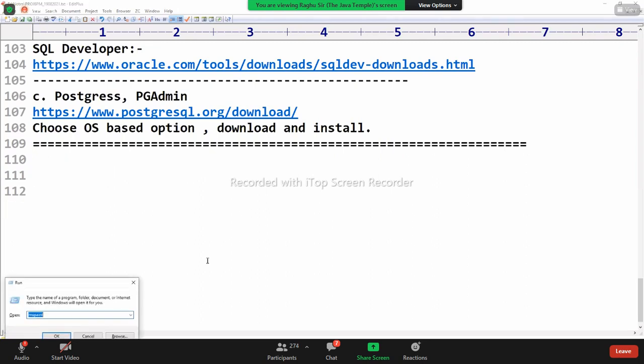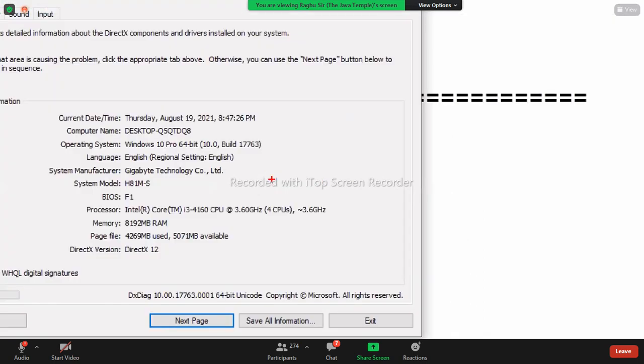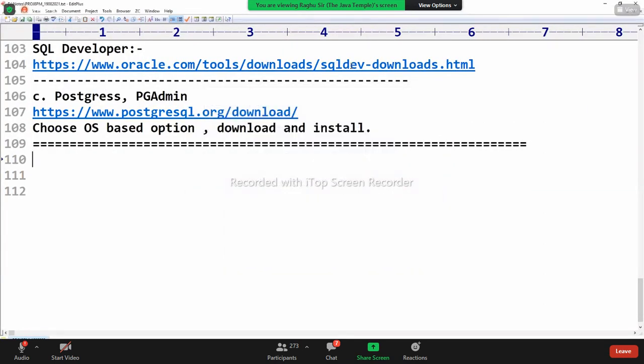You can find it by using Windows plus R, then dxdiag, the DirectX Diagnostic Tool, to check all your system information. It won't get stuck in that case. I'm using SSD, so that's why my system is a bit faster, if you might be working with HDD.